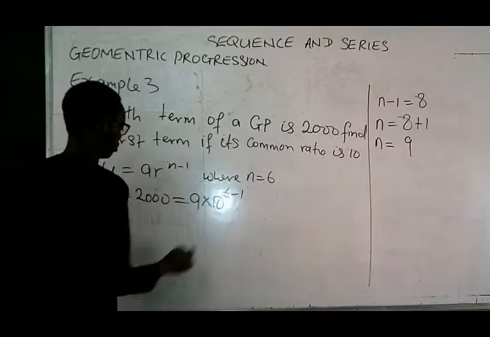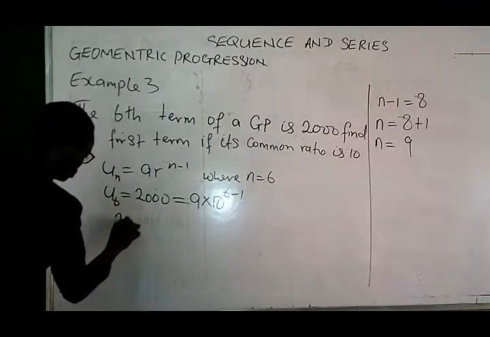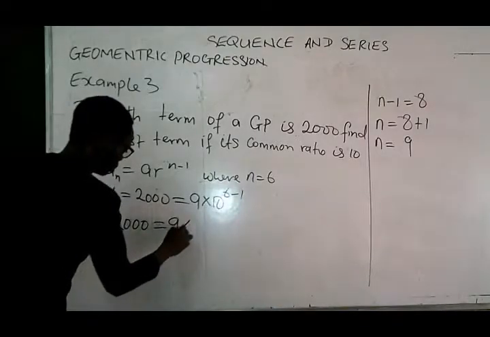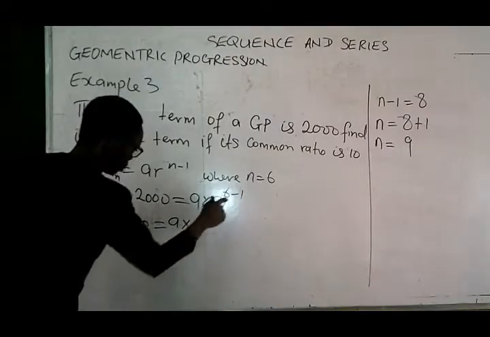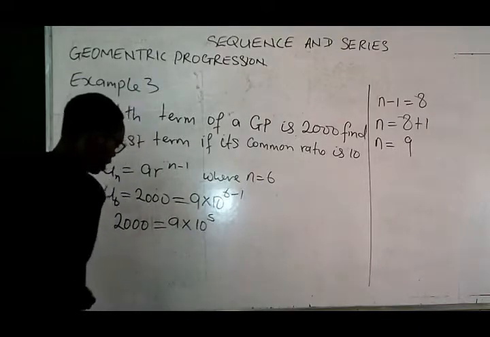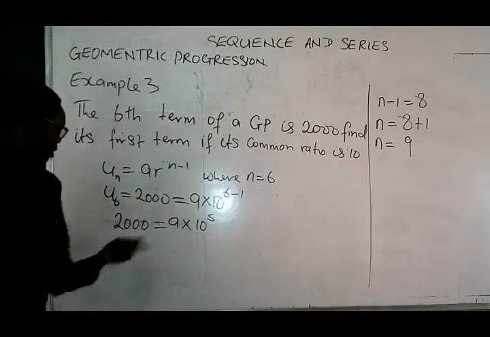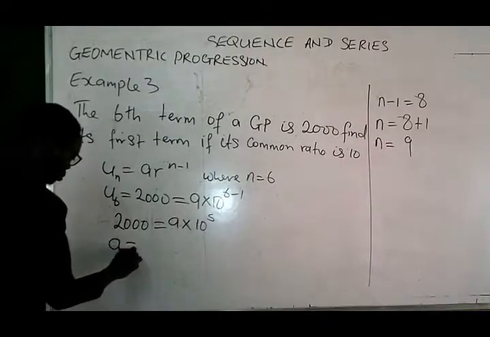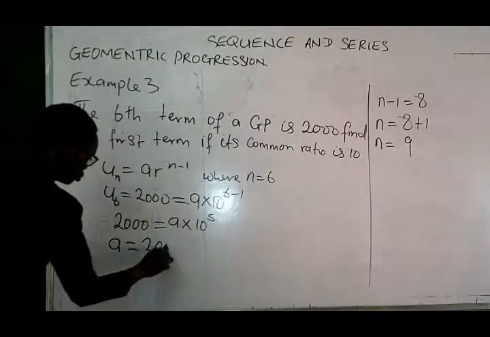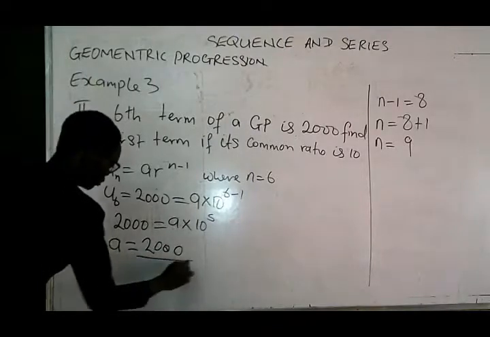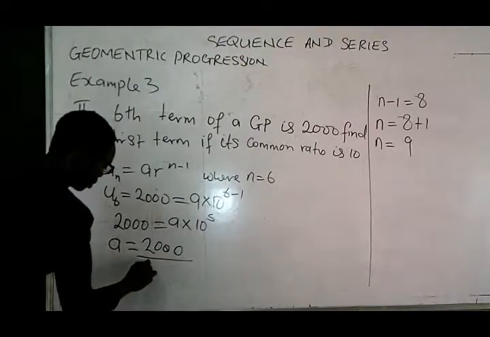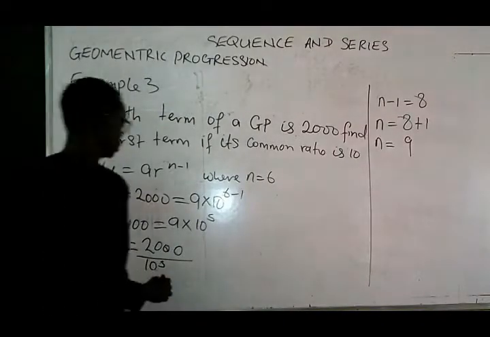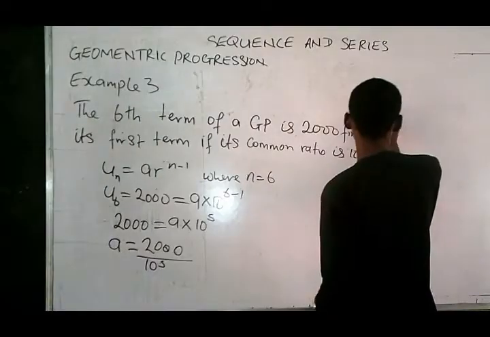6 minus 1. Therefore, 2000 equals a times 10 raised to power 6 minus 1, which will give you 5. Therefore, making a the subject, we have a is equal to 2000 divided by 10 raised to power 5. Therefore, a is equal to